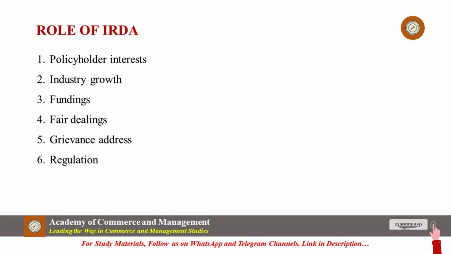Next, IRDA helps increase market funding. It promotes long-term growth for the insurance industry. The regulatory framework of insurance oversees the industry's work. It helps set higher integrity standards and rules. This also leads to fair dealings for insurance claims. Another role is, IRDA has set a regulatory framework and grievance forums. These bodies help clients complain if they aren't treated correctly. And, finally, IRDA takes regulatory actions if the companies don't follow the rules. It helps in better overall functioning for the market.